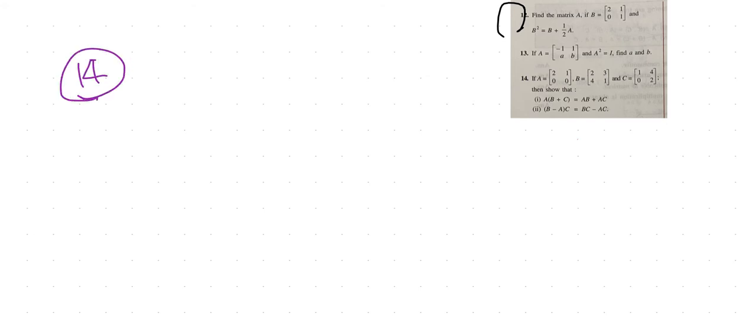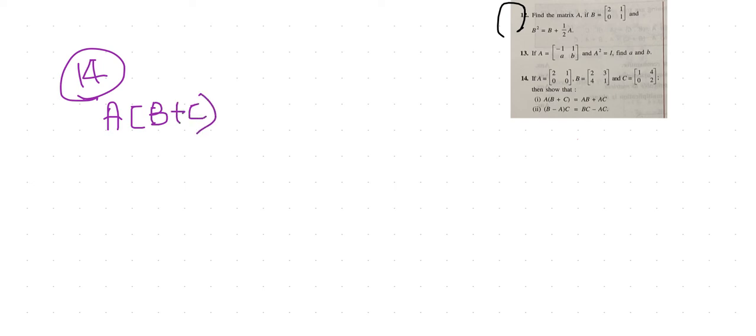So in question number 14, the question says what if A is equal to this, B is equal to this, C is equal to this, then you have to show this. So this is an easy question, children. So you can be probably taking this as homework. There is nothing to explain much about this. Only that if this says A